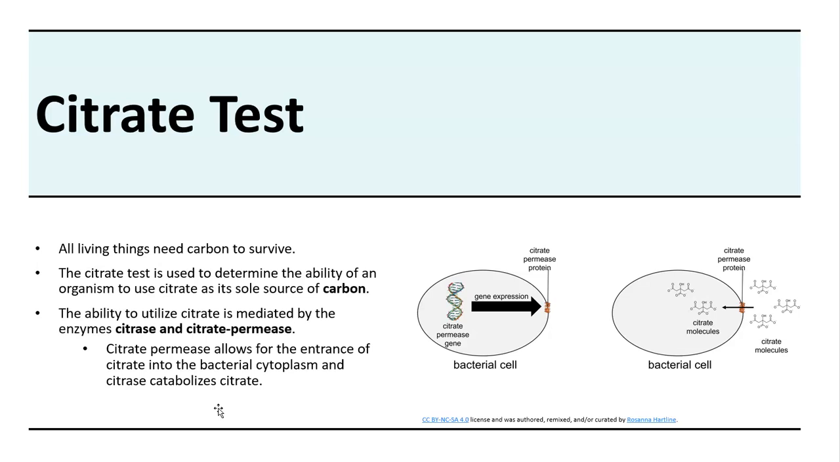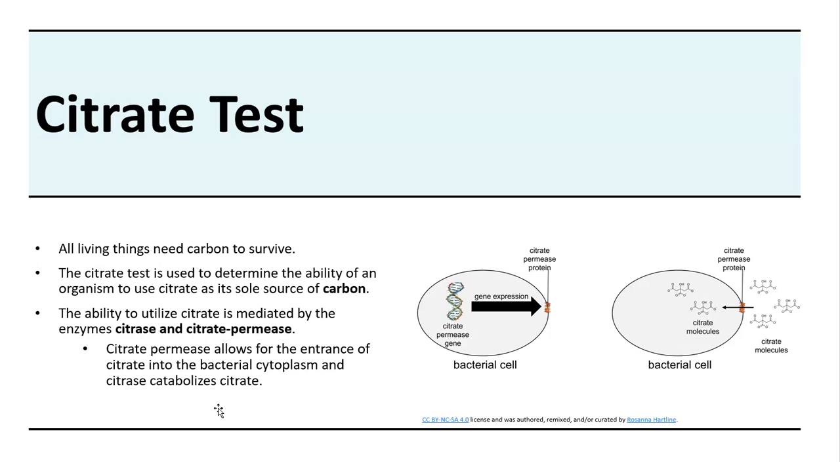However, if it's not able to, then the bacteria that are inoculated in these test tubes will ultimately die. So what we're really looking to see is, do our bacteria have enzymes that allow them to utilize citrate as a sole source of carbon? And those two enzymes that we're testing for are citrase and citrate permease. So if bacteria have citrate permease, that means that they're able to take citrate into the cell through their cell